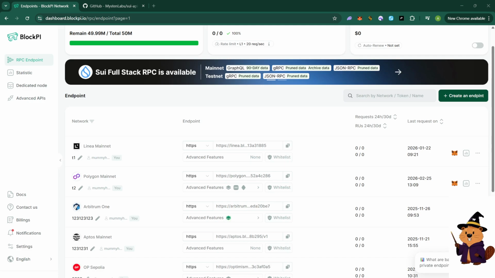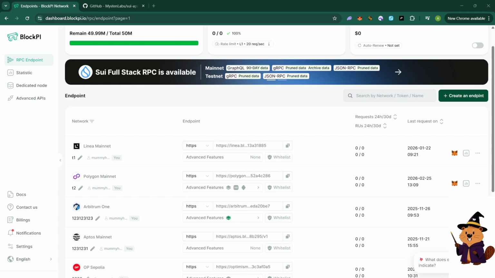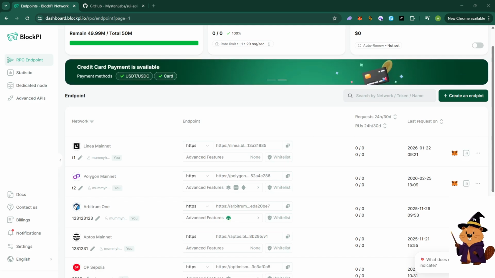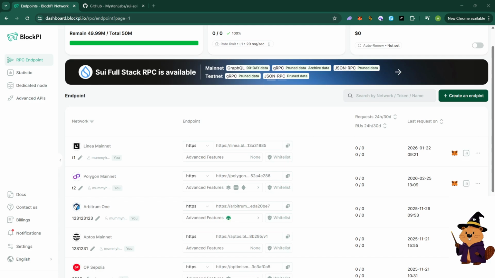In previous videos, we introduced BlockPI's new products. Today, let's switch things up and talk about how to create and use BlockPI's APIs. We recently launched full-stack infrastructure support for SWI, and the APIs are divided into JSON, RPC, gRPC, and GraphQL. These three endpoint types cover most RPC use cases, so today we'll use SWI as an example to walk through